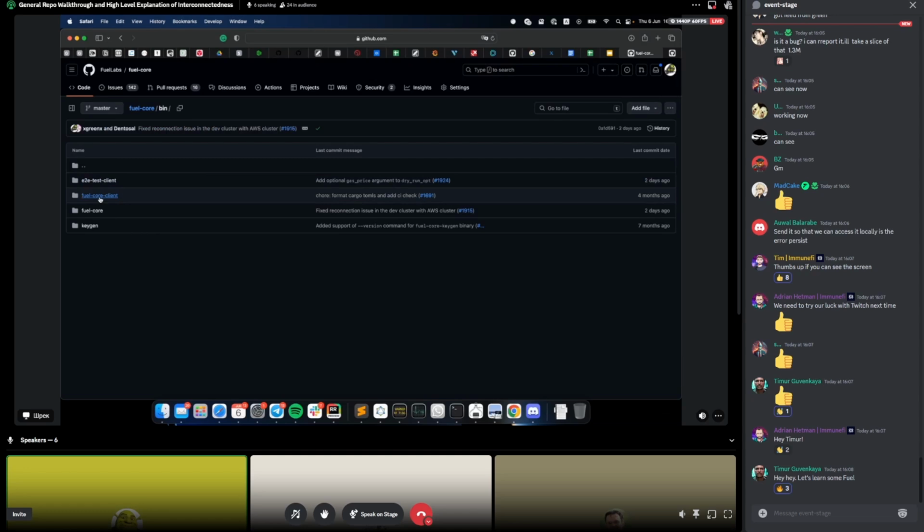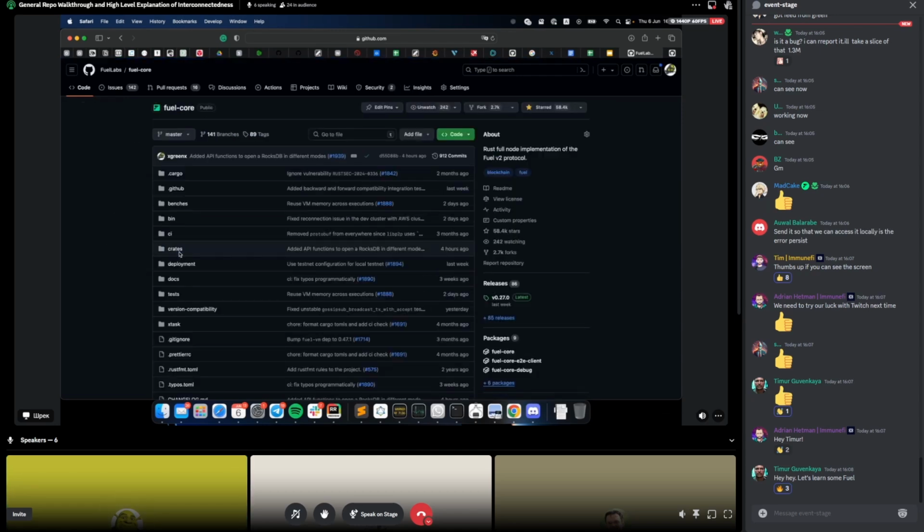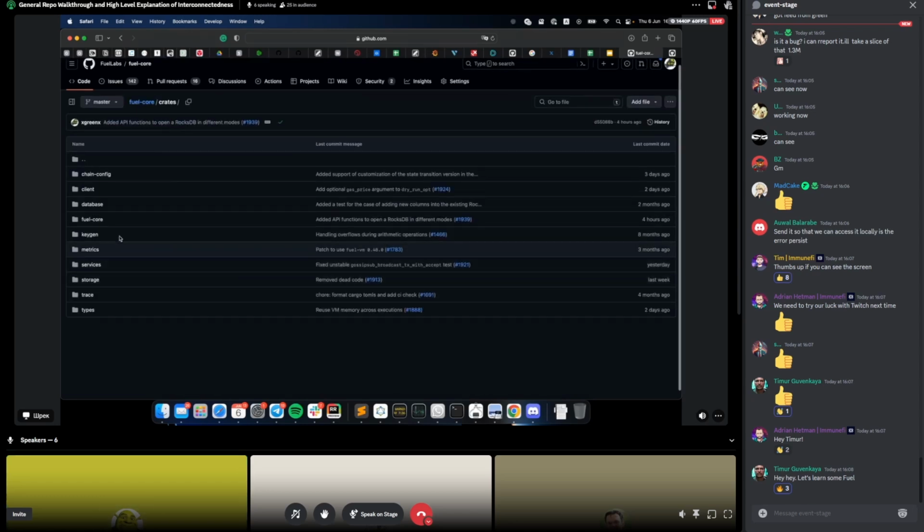Bin folder contains some binaries. Here is fuel core, the main one, that you will run or use to execute your transactions. But main is crates, and here is the fuel core crate that combines all the services we have into one final fuel core service that you can run, subscribe for blocks. You have access to all other services that are available inside, like the P2P layer or GraphQL API,